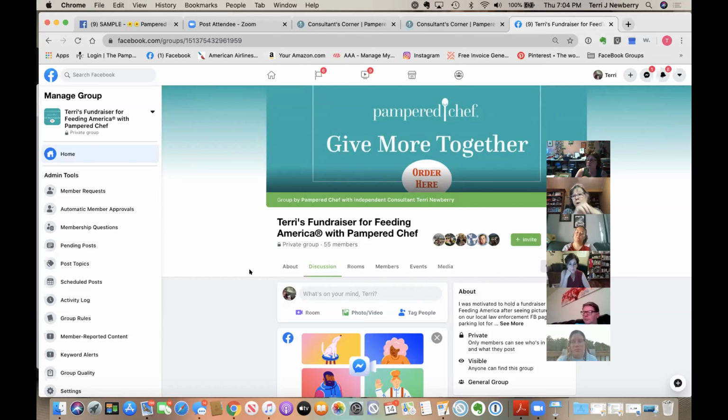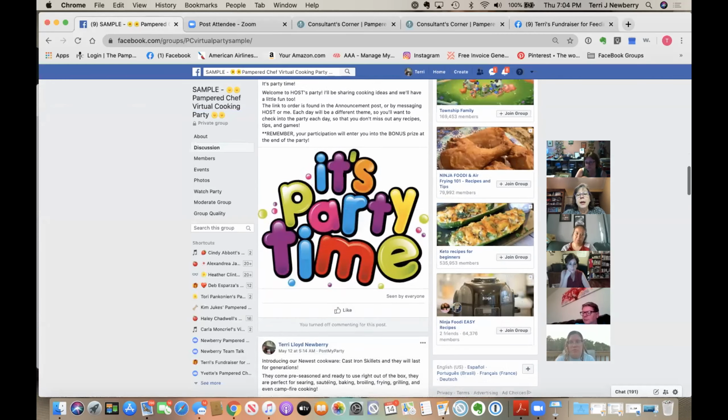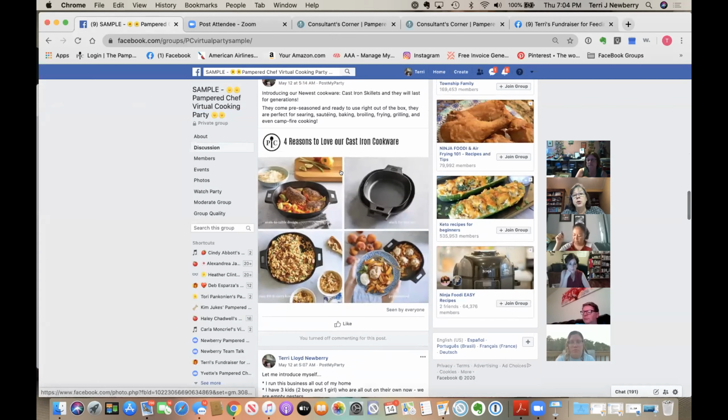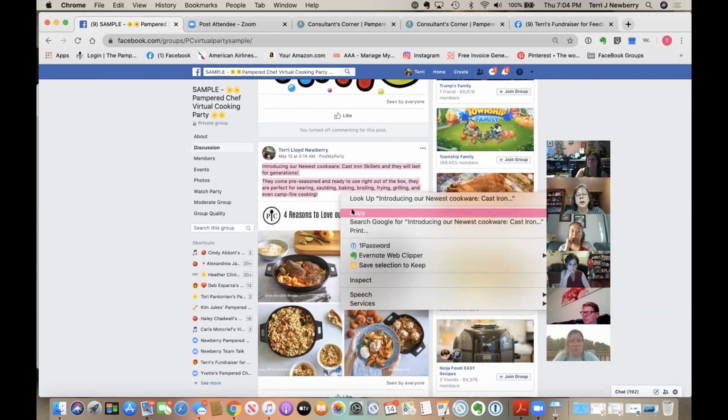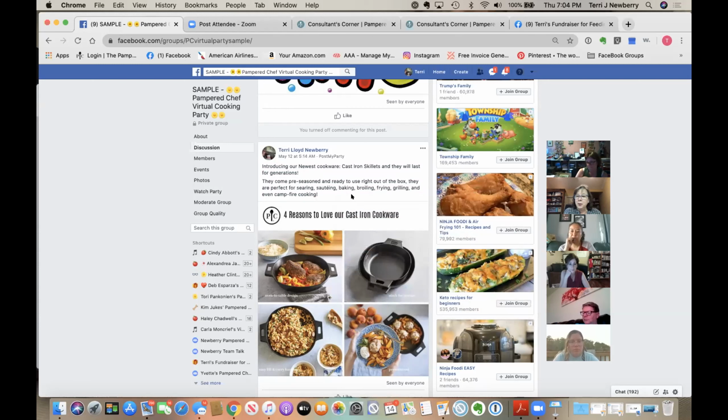So you want to partner with your host, and we're going to talk about how to do that in just a minute. As you go through, these are samples. You're welcome to use them. You just have to make them your own, because if you copy it, go into your party, paste it and don't change anything at all, you know what Facebook is going to say? Oh, you're a spammer. You're using somebody else's content. They don't like that. So you can use my post as your starting point. You just have to change it and make it your words.